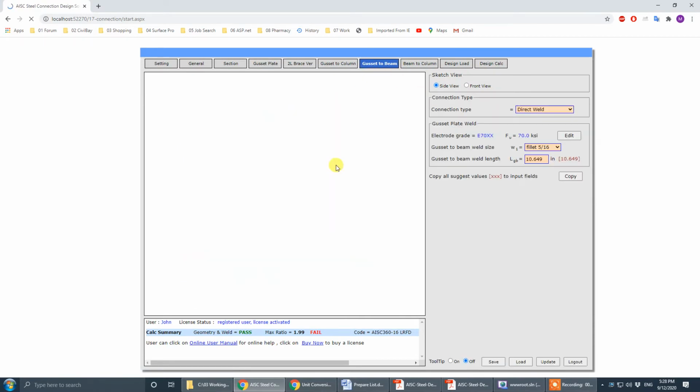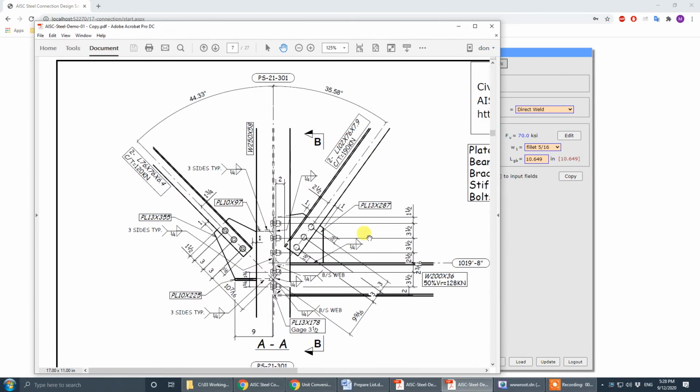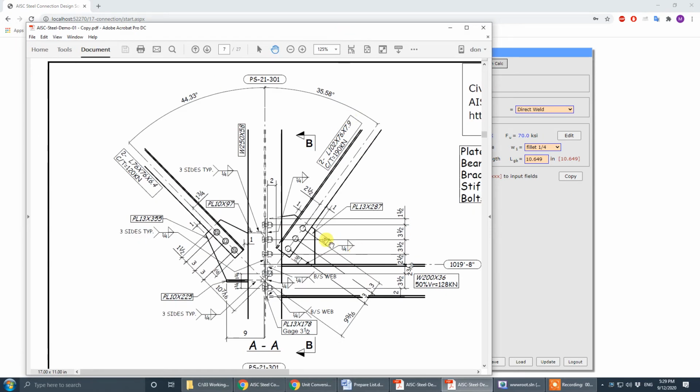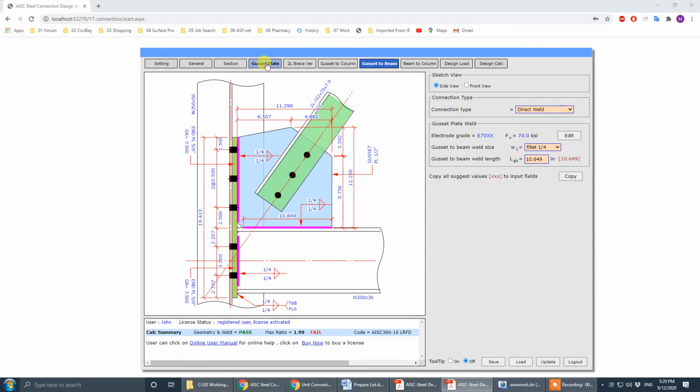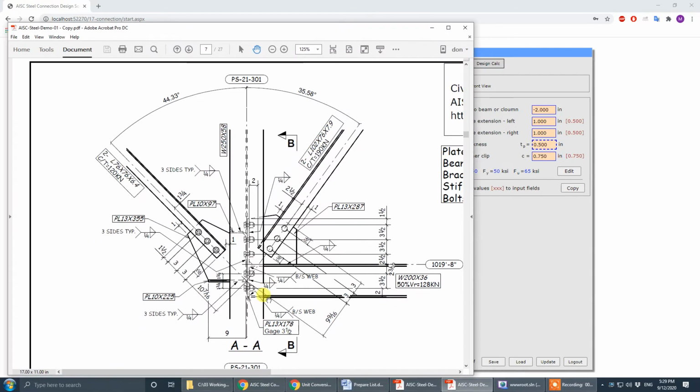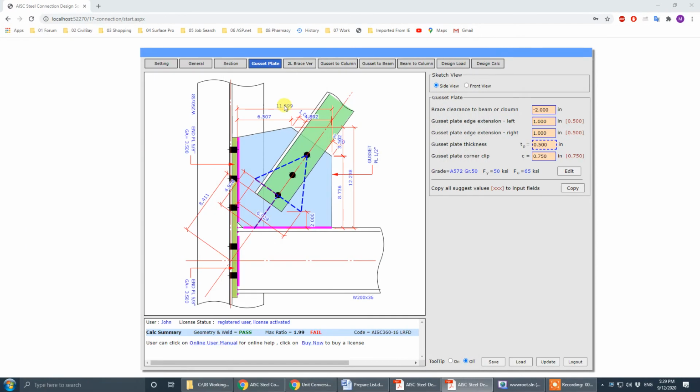I copy this one. Go to straight. Okay, and the weld is 1/4, 1/4. So now here weld is 1/4. Update. 1/4, and gusset plate thickness is 1/2 inch, I believe. Let me check. Gusset plate thickness is 1/2 inch. There's a clip here, 1/2 inch, correct. And the end plate thickness is 1/2 inch, gauge 3.5, 1/2 inch thick. End plate thickness is